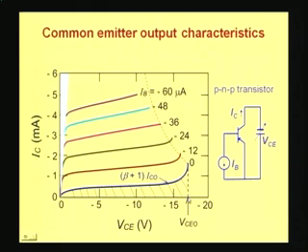So this breakdown voltage is referred to as VCEO, that is the maximum collector to emitter voltage. CE stands for collector to emitter voltage, and O stands for base open. Since the base current is 0, it means that the base terminal is open. So this is called the VCEO rating, the breakdown voltage rating of the transistor in the common emitter biasing arrangement. This is a very important parameter for a bipolar transistor.